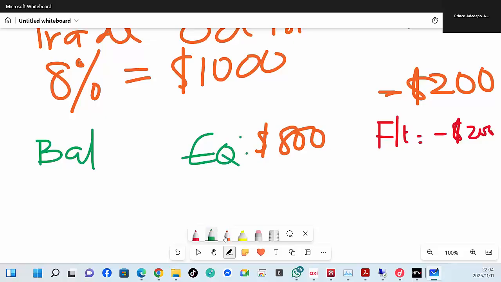It's 800. Oh, which balance? Our balance cannot be 800. Equity is 800. Float is minus 200. What will be our balance? Our balance will still be 1,000. Never mind. We have traded from October to November 11th, and we have made 8% profit. What is our balance? Oh, sorry, it will be $1,080. Thank you, sir. 8% of 1,000 is $80. So we add 8% to 1,000 and we have this balance.